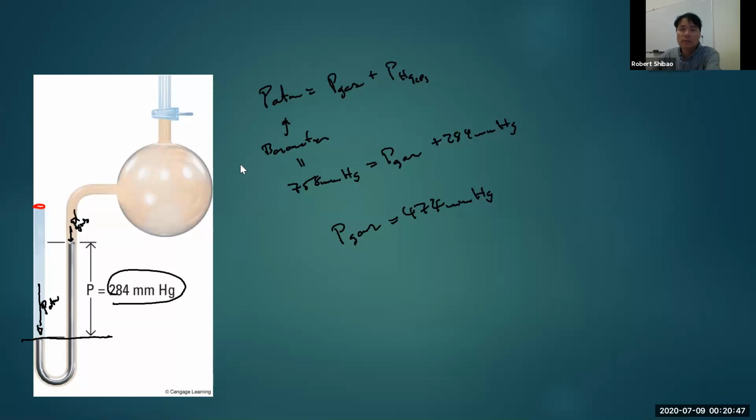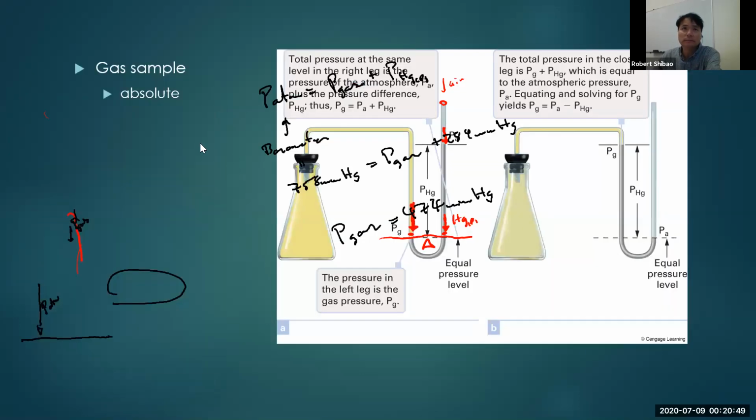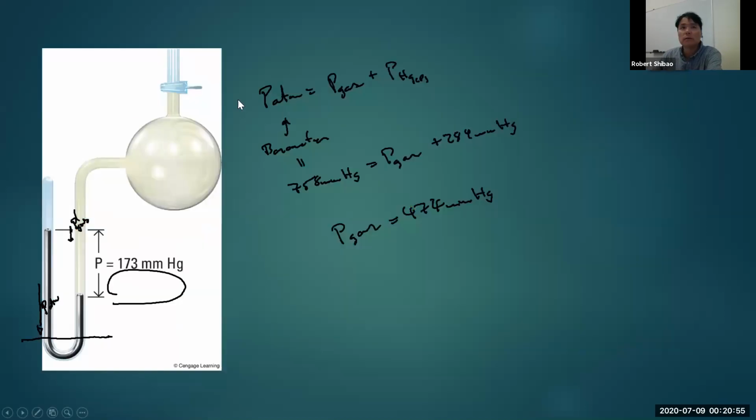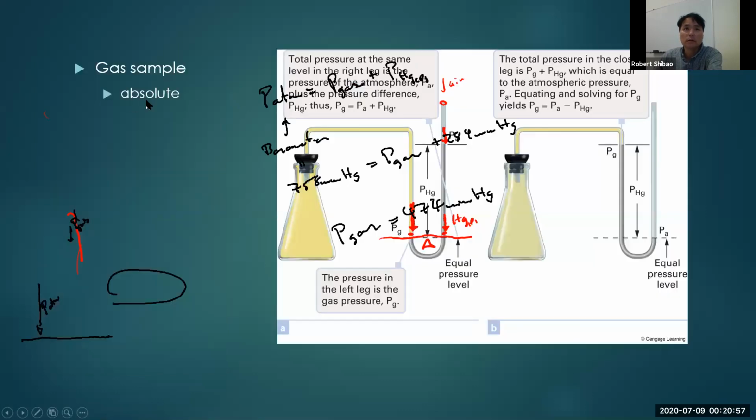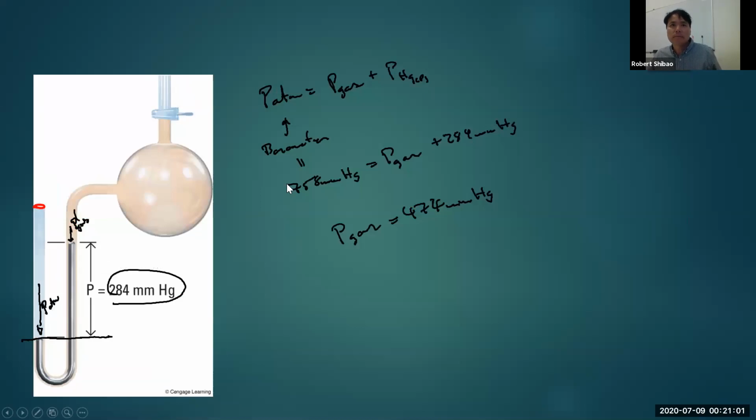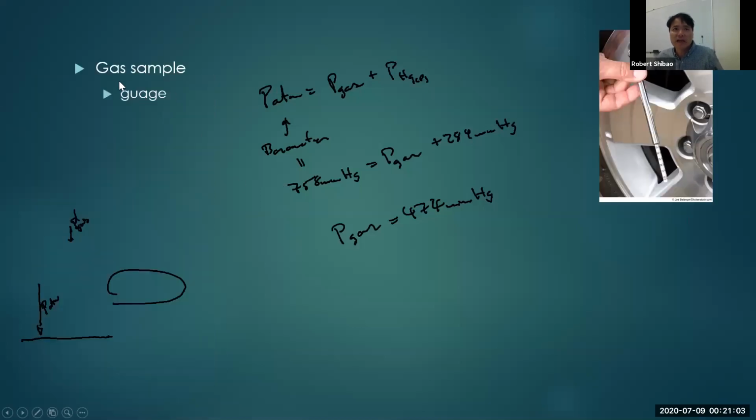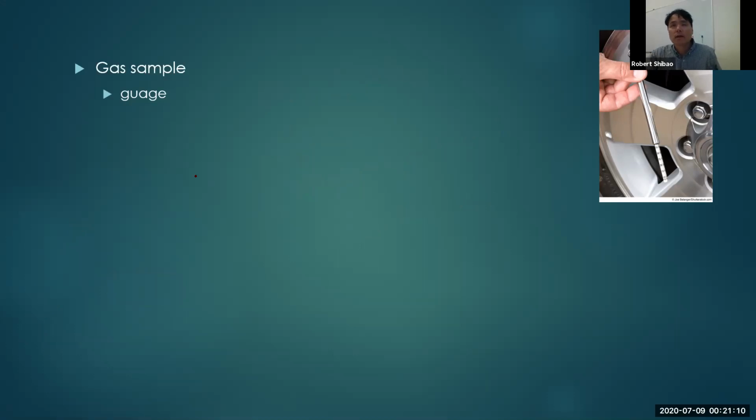Okay. This is what we call absolute pressure. I wrote it here, but I didn't talk about it. This is absolute pressure, versus gauge pressure. So let's talk about that right now. When we're dealing with absolute pressure,